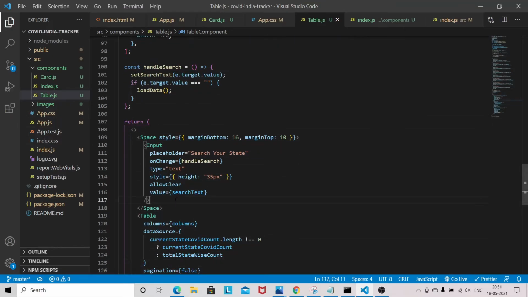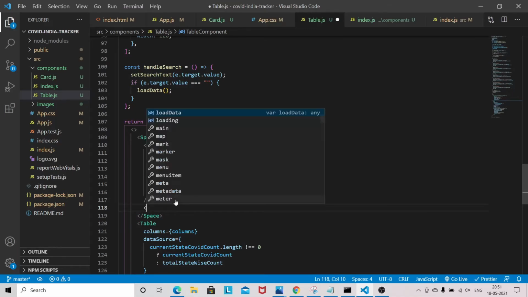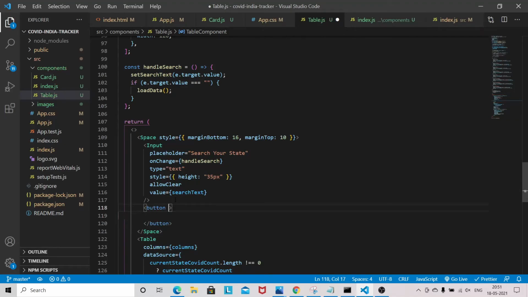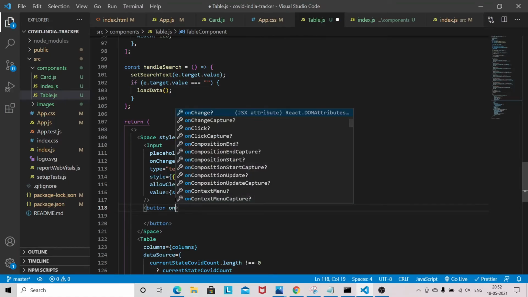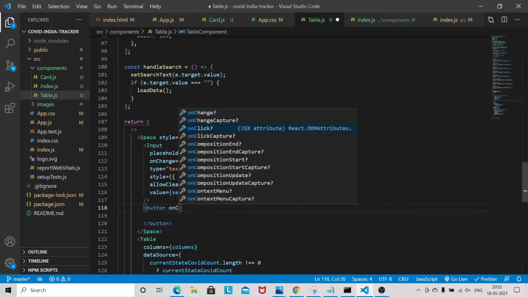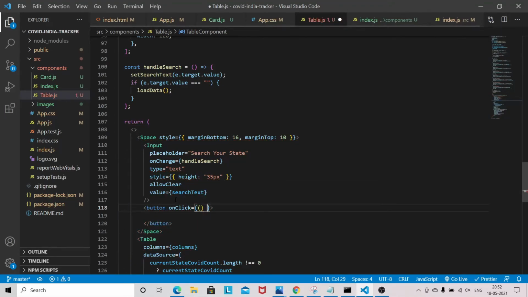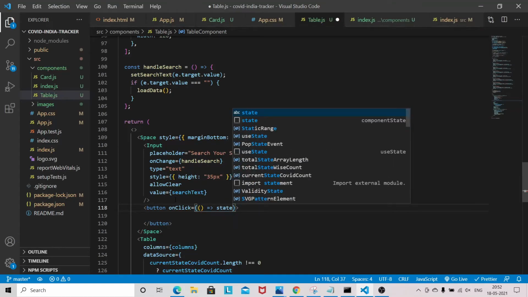And we need a button. Okay, so the button will be on click. So on click I want to do a state search.